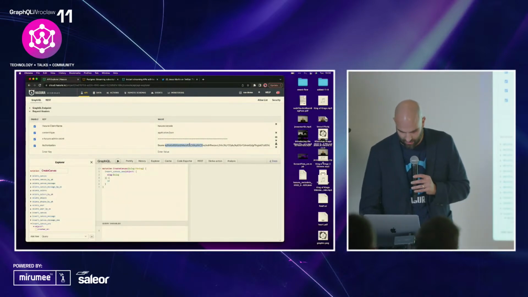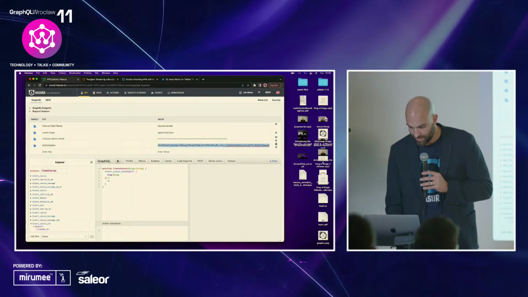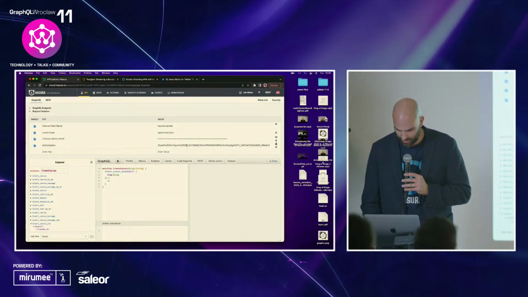I'm going to go ahead and pass in the authorization here. This is a lot harder with one hand, actually. I should have taken you up on the mic stand.